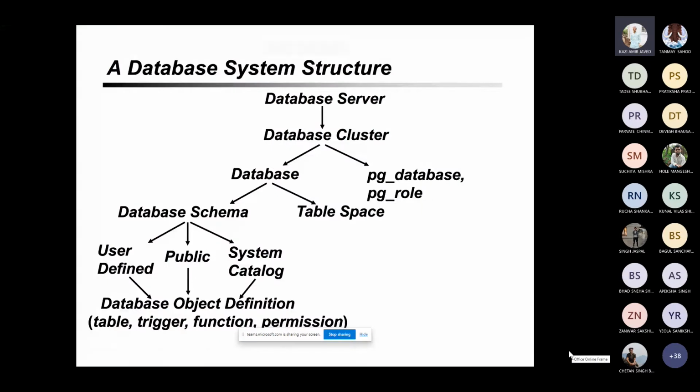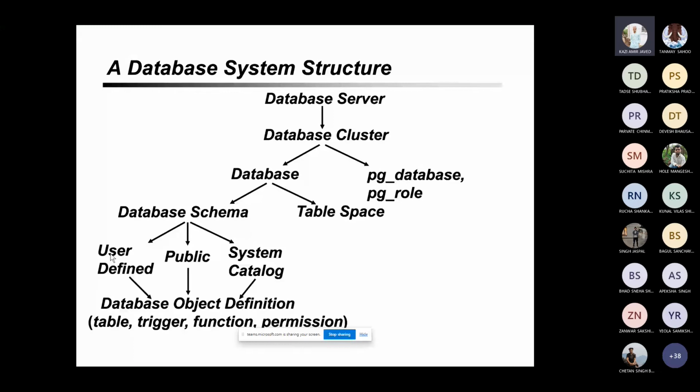So the database cluster would be containing your databases and the standard template tables, which would be used across any database. I'm not talking about table space for a while, but this database contains tables and database schemas. Those database schemas are public, system catalog. There are different system catalogs and user defined ones. So how exactly will you see this? If I want to see majorly which schemas are added, how exactly will you see that?